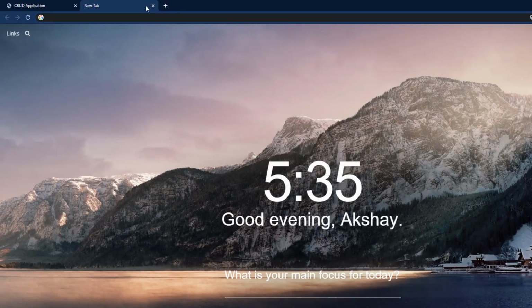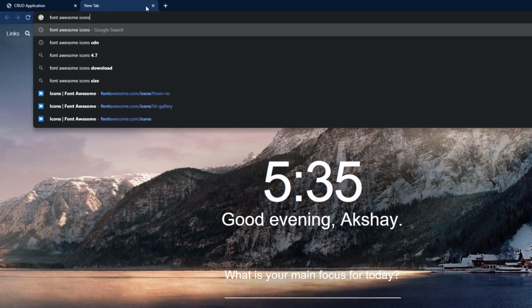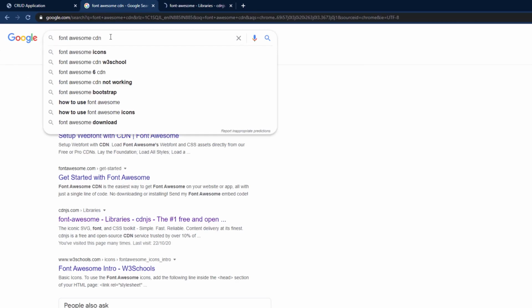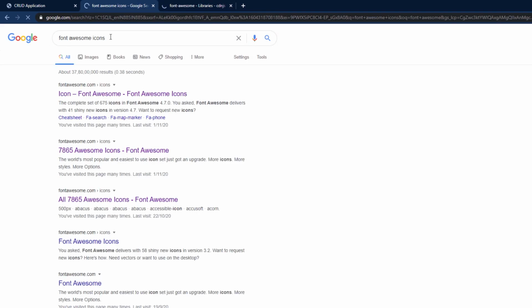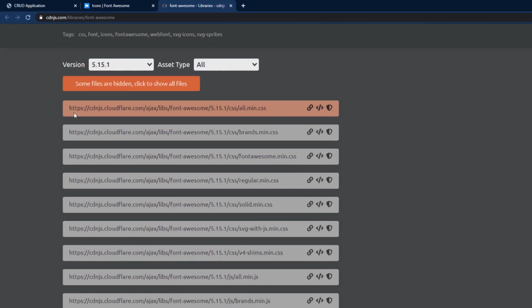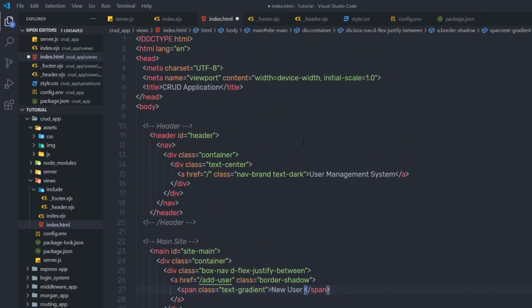So I will just go back to my browser and open a new tab, and here I'm going to search for Font Awesome CDN. So I'm going to link this font using a content delivery network. I'm going to click on this cdnjs.com, open it in a new tab, and in this tab I'm going to open the Font Awesome icons, this one. Then I'll go back to cdnjs.com, copy this first link, all.min.css, right from here